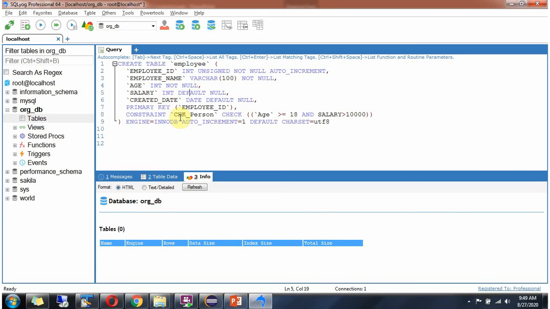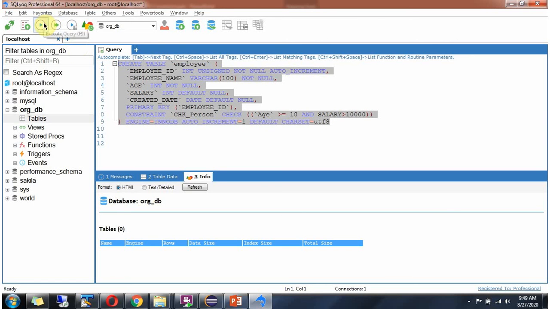And I am going to apply a check constraint for the age column and salary column. Age column value should be greater than or equal to 18 and salary column value should be greater than 10,000. Only if both conditions are satisfied, it will allow inserting a record in the employee table. Else it will throw an error.